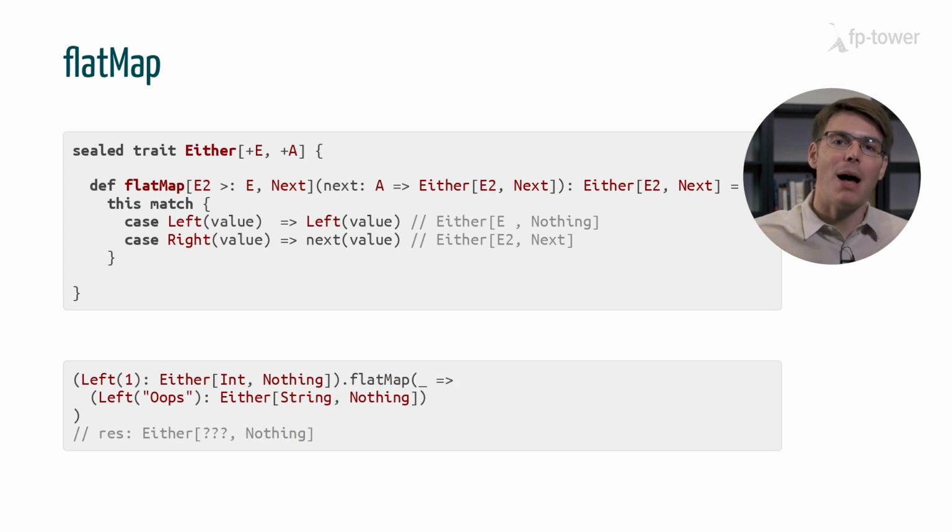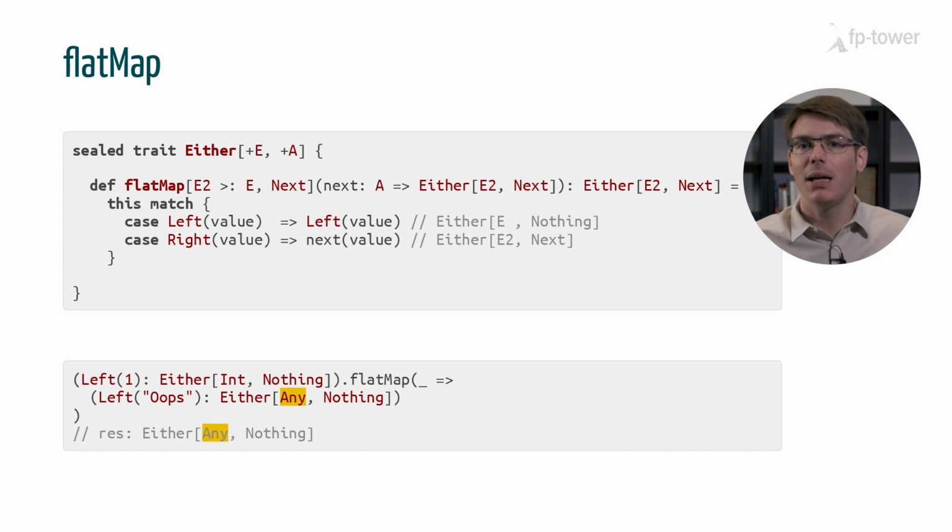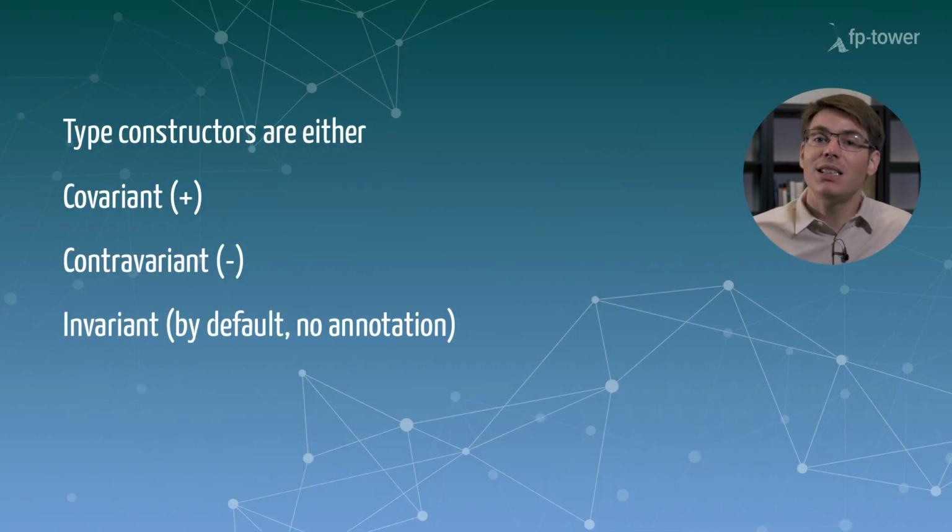Now, if we flatMap a Left of Int and a Left of String, then Scala will upcast the error type to Any, because this is a common parent of both Int and String. So really, the important part here is that Scala upcasts the type of an expression based on the expected type and its constraints. In summary, today we have studied the type hierarchy of Scala, and we have seen that when we apply a type constructor to a type,